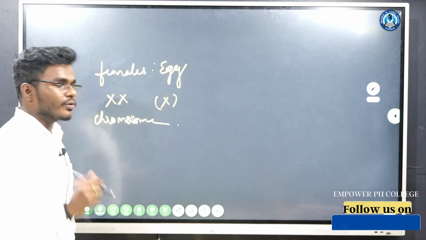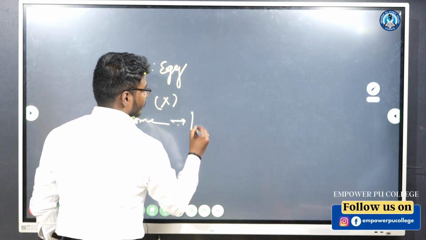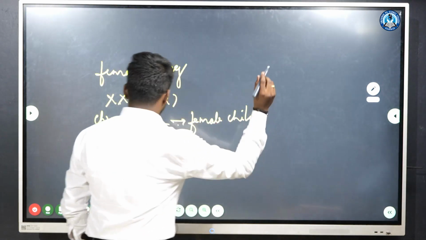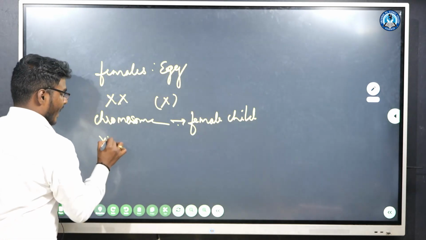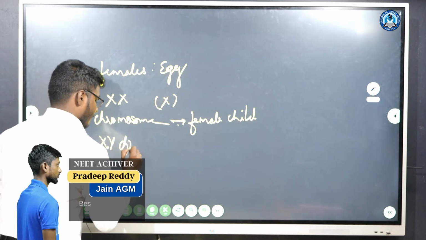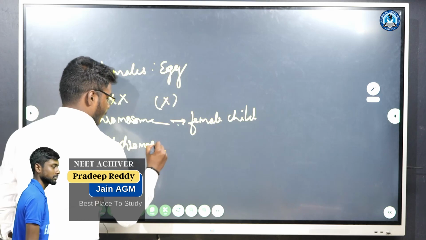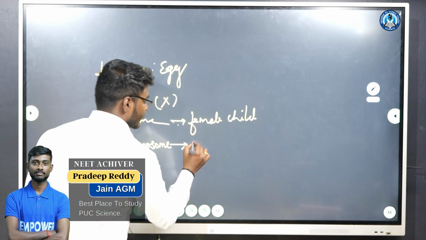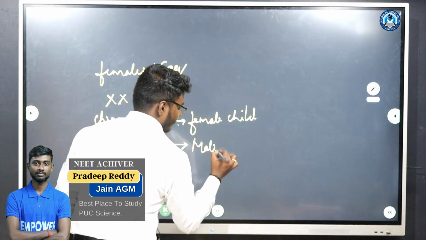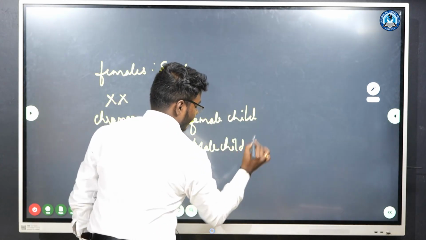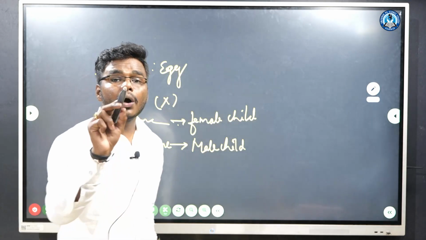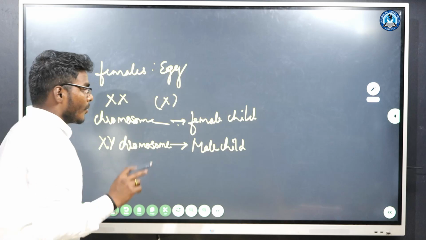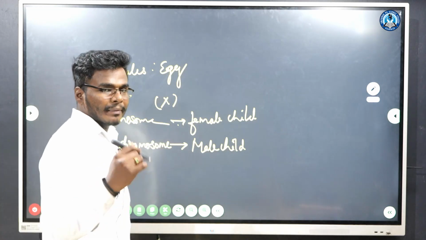So 2 X chromosomes will result in a female child, whereas X and Y chromosomes will raise the male child. So what is the question asked? How is the gender of the child decided? So when there is gamete formation,